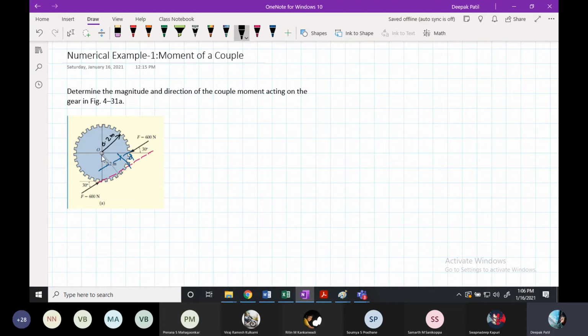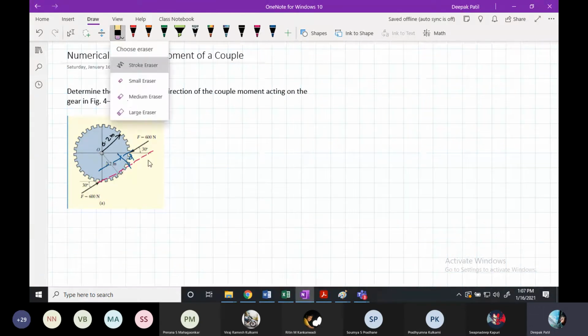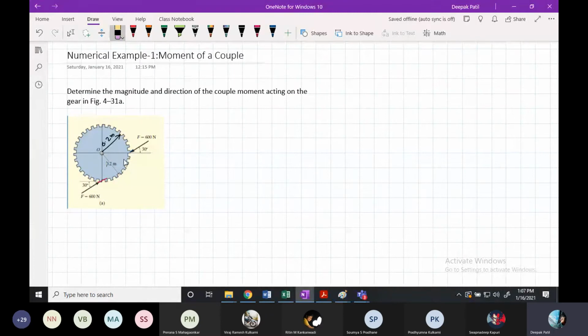With the help of a triangle. How, by using components of force? Yes, almost correct. So what you want to do is take F in the X and Y directions. Perfect. Since these two forces are inclined, the best way to solve this is to take the x and y components of these two forces and find the couple. Whoever answered, it is very perfect. Let us go ahead and do that.